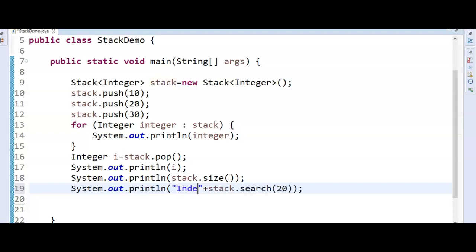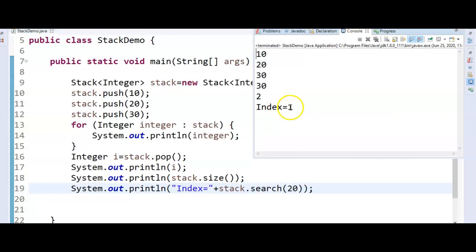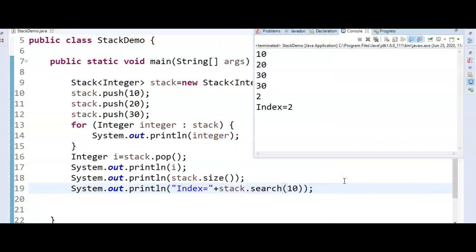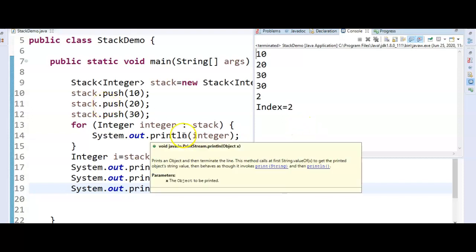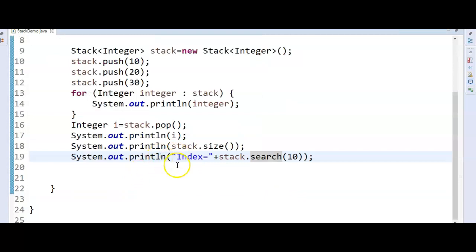So I'm writing index equal to. Now let's run the program and see the output. Index is 1. Suppose I give 10 here and run this, what is the index now? 2. Index is 2. So we have seen how to get the index by using the search method.